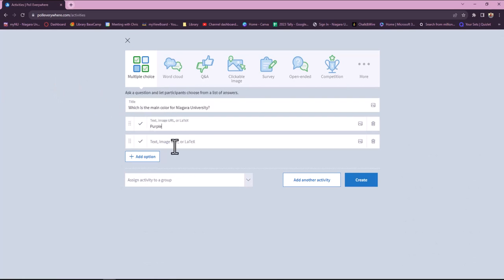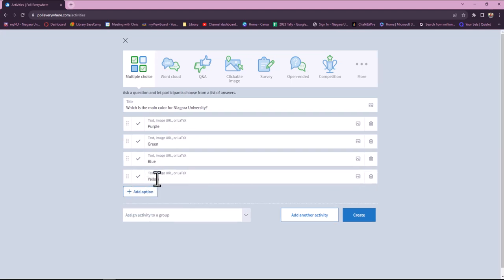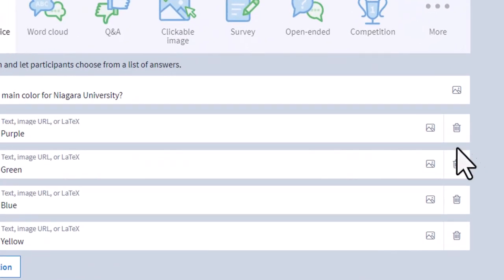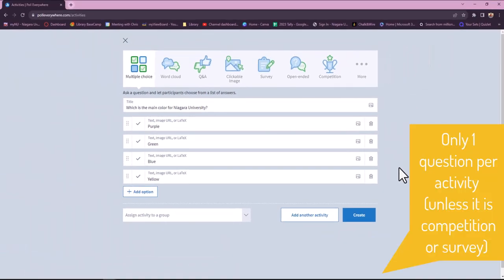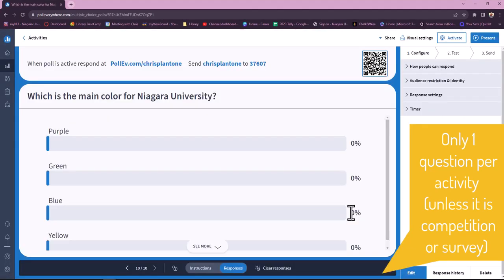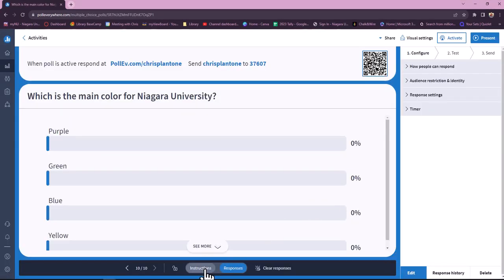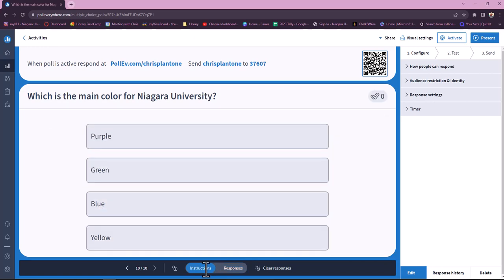To add more choices, you simply click on Add Option. I typed in all of my choices, but I could have added pictures. I can also click on the trash can to delete a choice. By hitting Create, it will take you to this page. It automatically shows the responses and percentages, or you can switch over to the instructions and it'll just show the